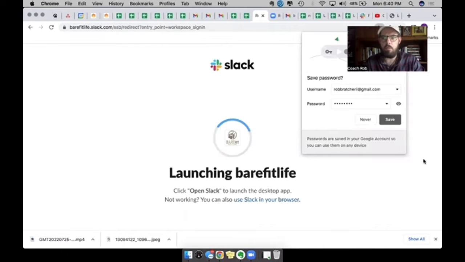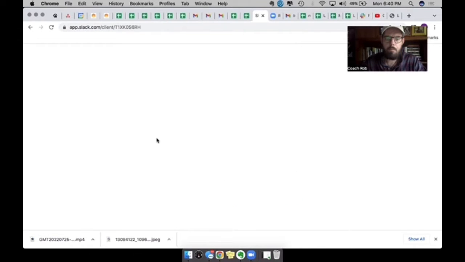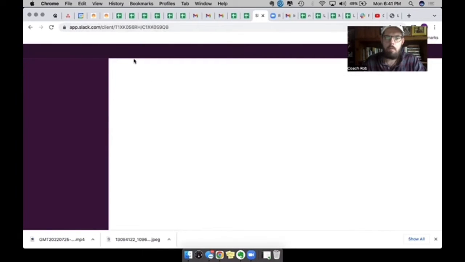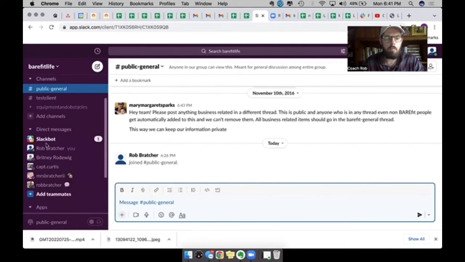This is, I think, what it's going to look like for you if you're logging in from a new account after you, of course, set up your Slack account. And of course, you have to download the app as well. It should prompt you to download the app during this process. So, okay, we're going to use Slack from the browser. All right, here we go. So when you get in here, apologies for slow internet. When you get in here, you will see the other people that are in here at the bottom,